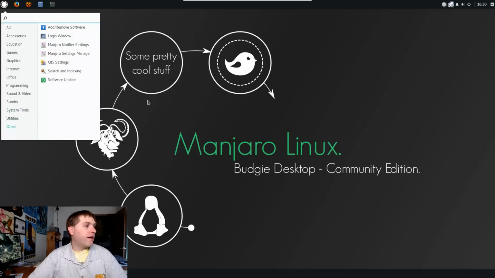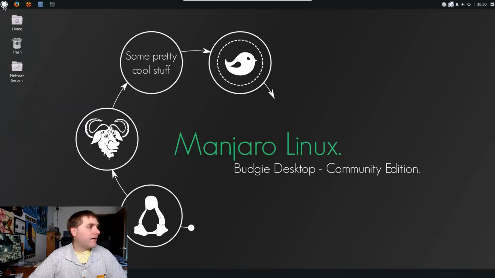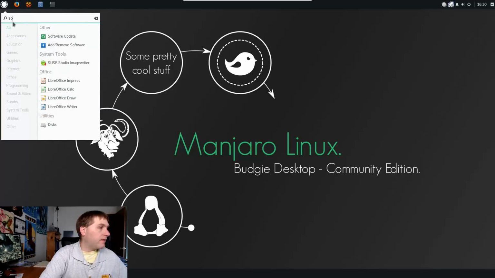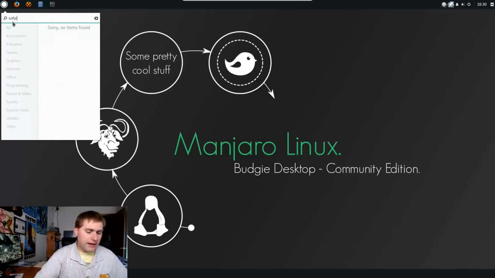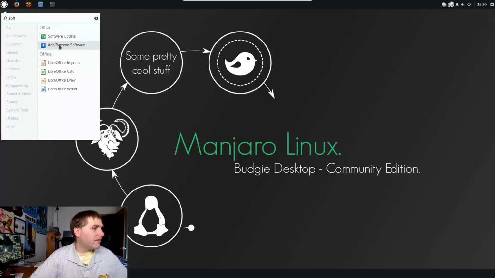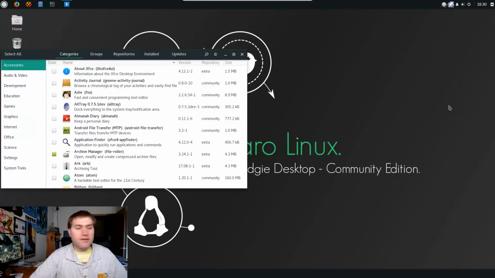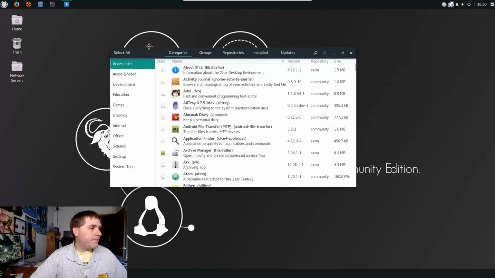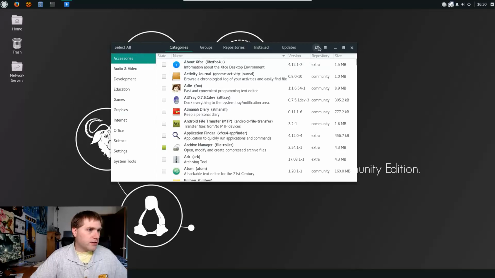So overall, it looks like it's a pretty nice system out of the box. One thing I'm going to want to do is, I like the menu. Actually, I like the sound effects it has too. Let's have a look at some of the software I might want to install. So is there a search function? There is a search